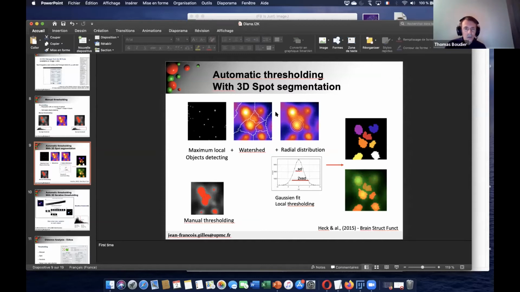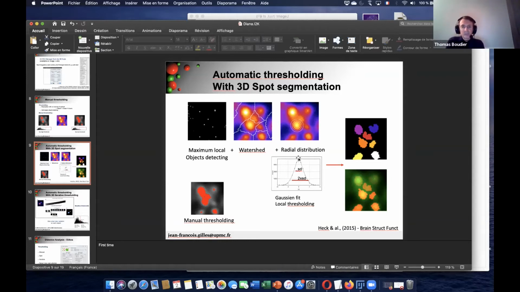I think this is the older version where the separation is not very nice, but it's okay. So 3D watershed is true. When there is one seed and another seed, you separate each seed into its own zone. So if you know that you will have touching objects, you may want to use the watershed to separate them: one seed, one object.